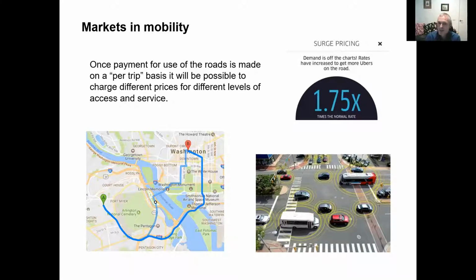So as long as vehicles can communicate with each other under this model, and there are independent reasons for governments to demand that autonomous vehicles are able to communicate with each other. A lot of the benefits talked about with automated vehicles rely on vehicle-to-vehicle and vehicle-to-infrastructure communication. So as long as they can do that, then it's possible for cars that have paid lower prices to be allocated to less advantageous routes, or perhaps they might even be slowed down, pulled across to the curb to allow the cars of those who have paid more to get past.